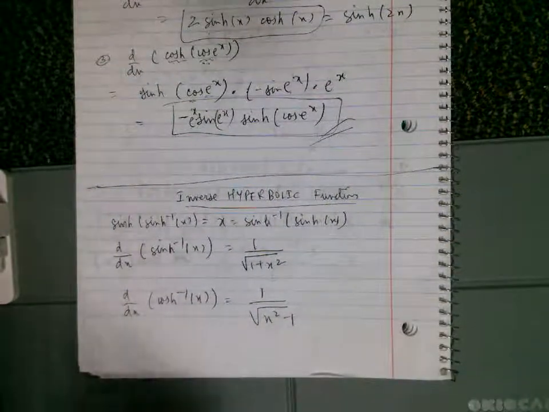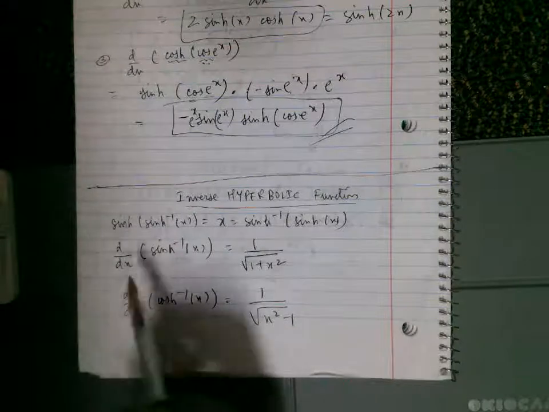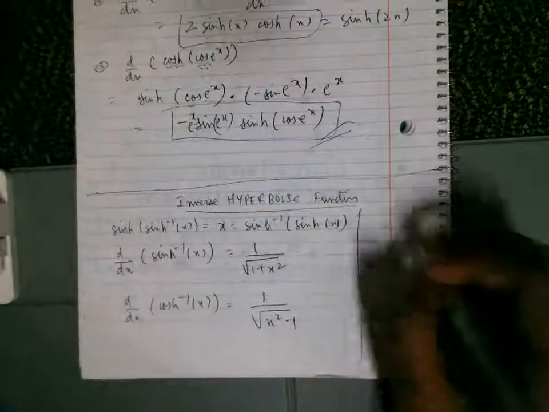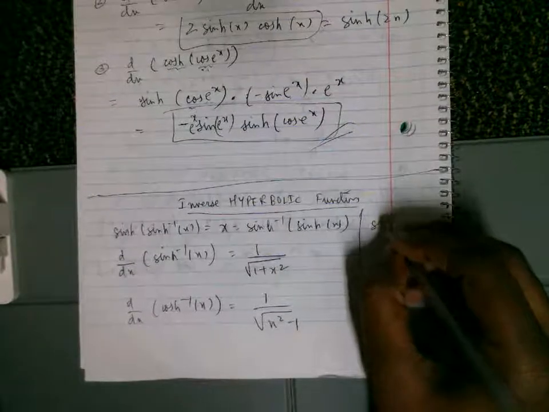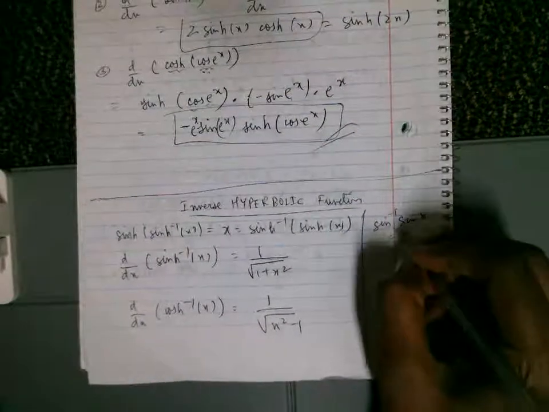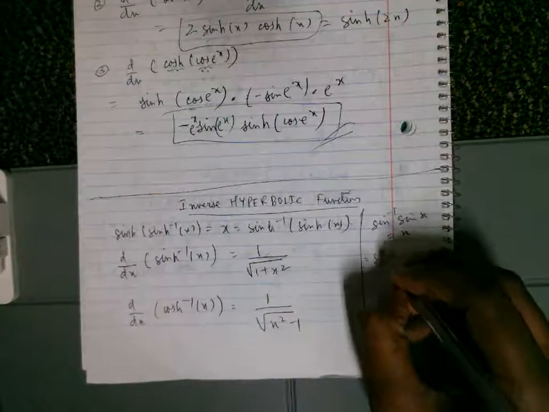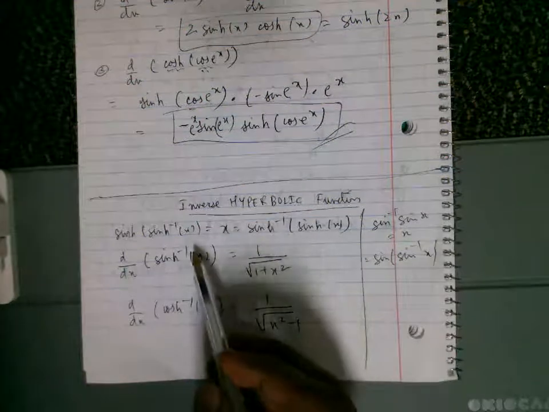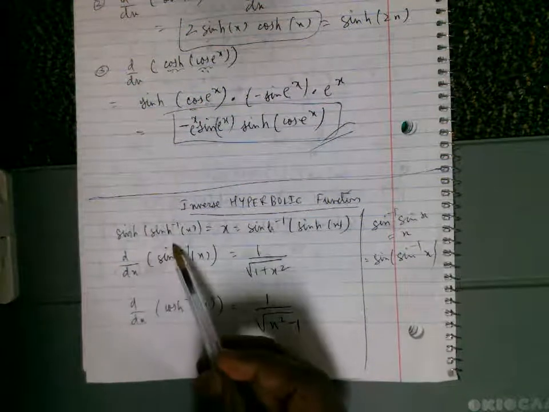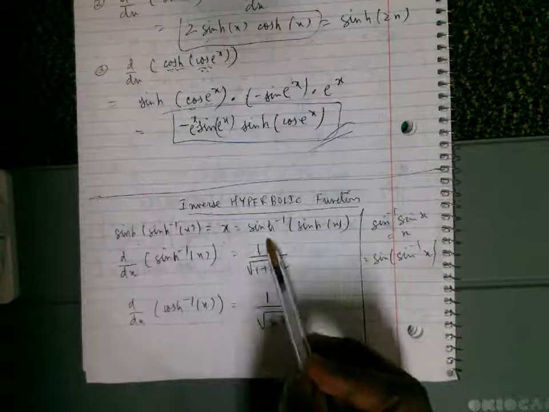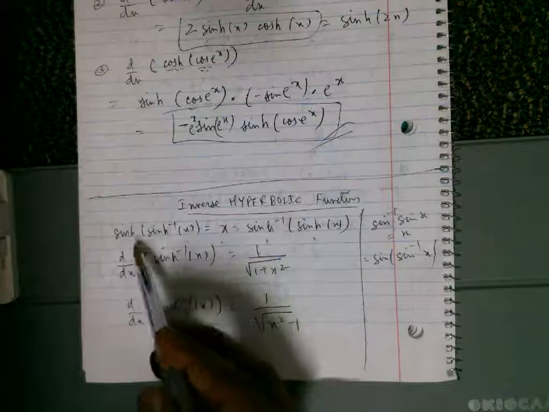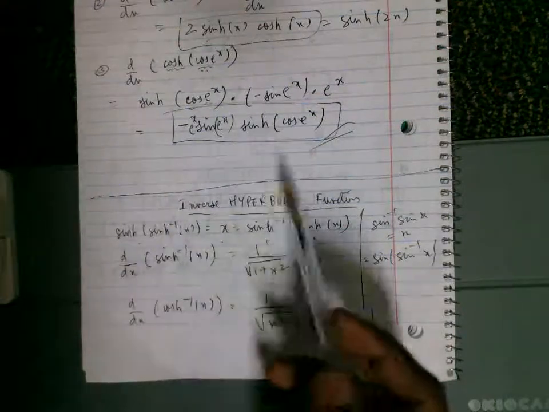So now let's look at inverse hyperbolic functions. Inverse hyperbolic functions are just like trigonometric functions. Like you had sine inverse of sine of x is equal to x, which is also equal to sine of sine inverse x in the principal domain. Similarly, we have sinh of sinh inverse x is equal to x is equal to sinh inverse sinh of x,